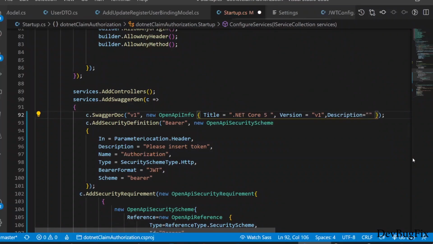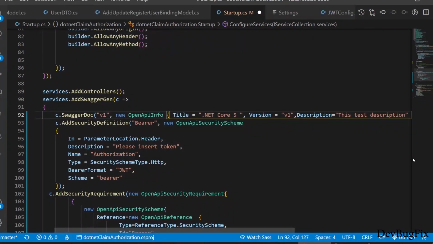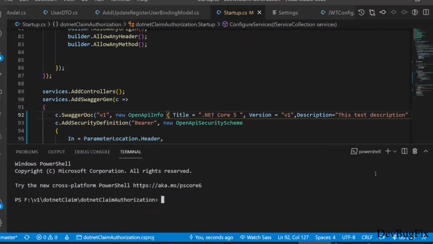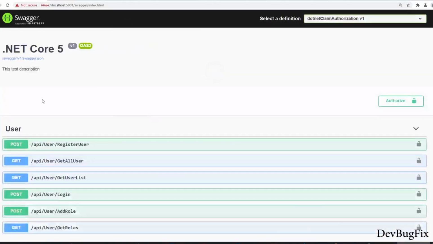Description, this is the description. Start the application and we will see these changes. Refresh the page and you can see this is the new title and description.